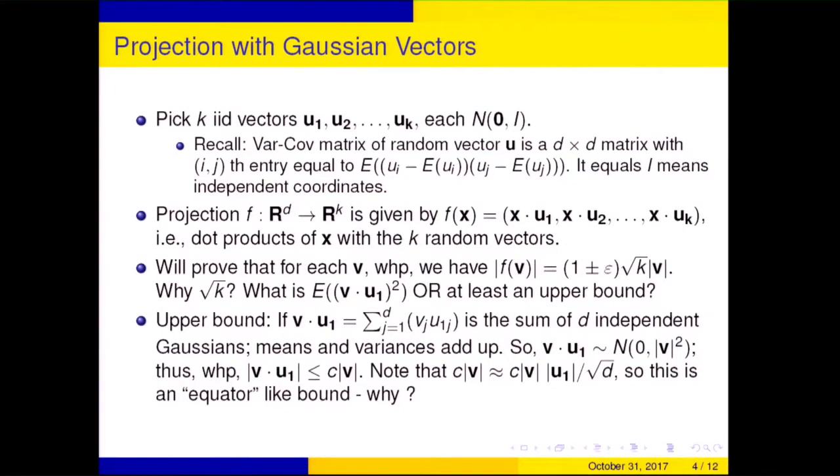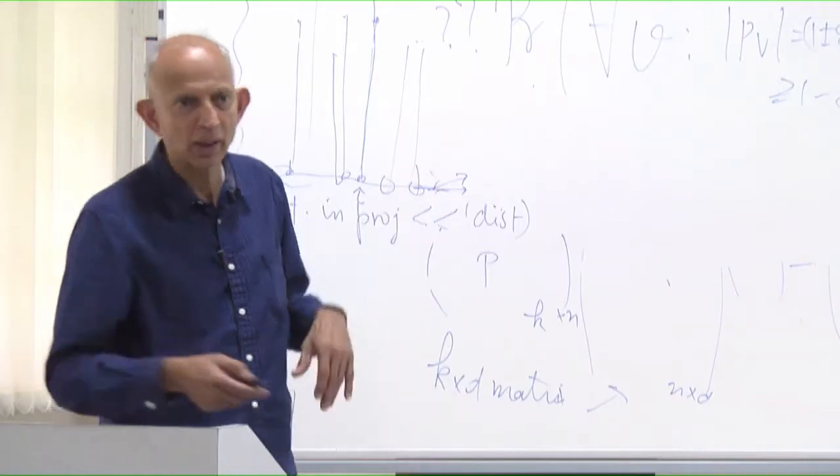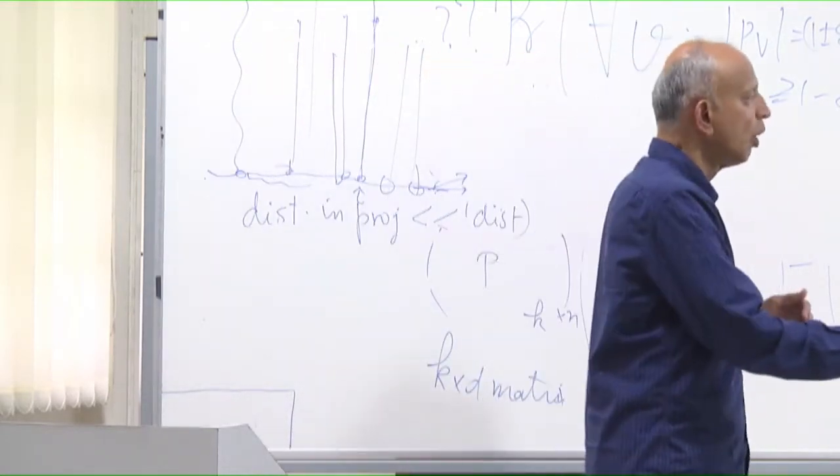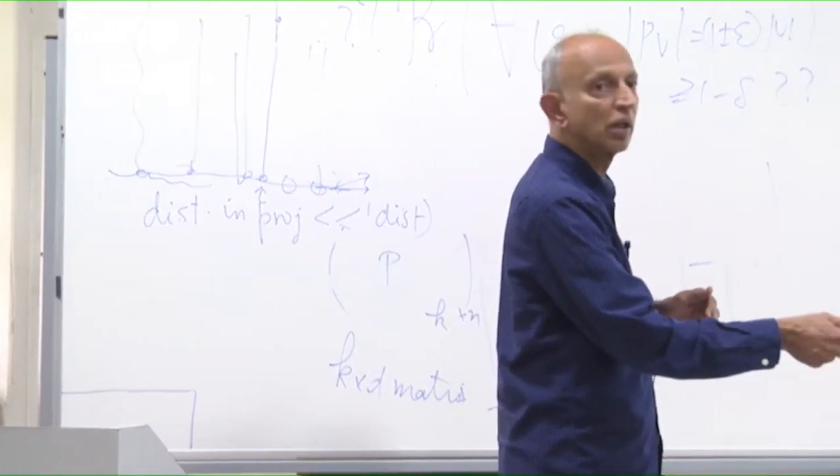So v dot u1 is just a sum over all j of v_j times u1j. The components of u are independent because it's normal zero identity. And v is not random, v is a fixed quantity. So this is a sum of d independent Gaussians. And if you add up Gaussians, the means and variances just add up, provided they're independent. So variance, you have to be careful. So v dot u1 is distributed